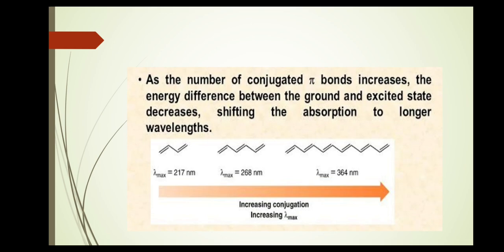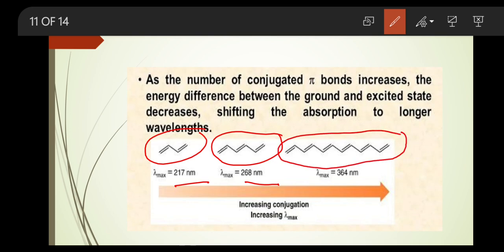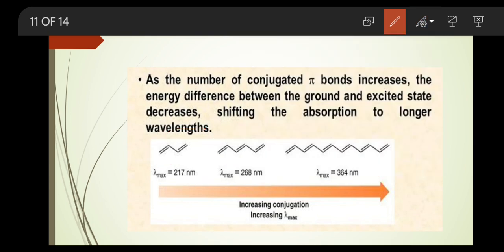We can observe this point in this example. Here 2 double bonds are in conjugation, 217 is the lambda maximum. Here 3 double bonds are in conjugation, so the lambda maximum is increasing to 268. Here more double bonds are in conjugation, and therefore the lambda maximum is increasing to 364 nanometers from 217 nanometers. So that means as the conjugated double bonds increase,